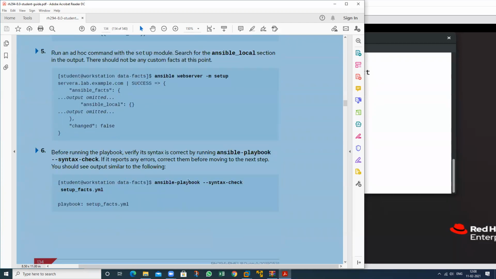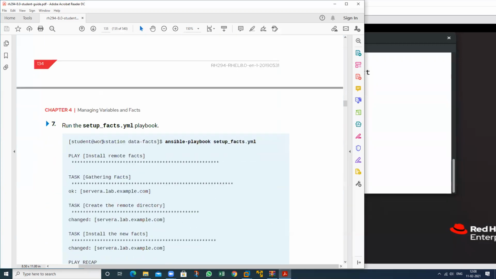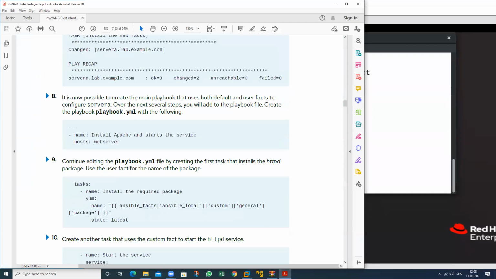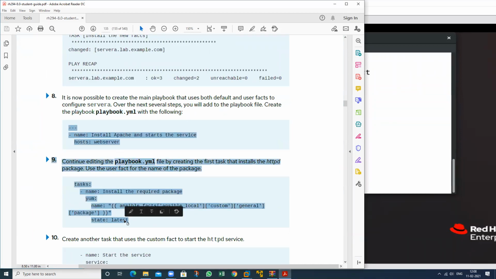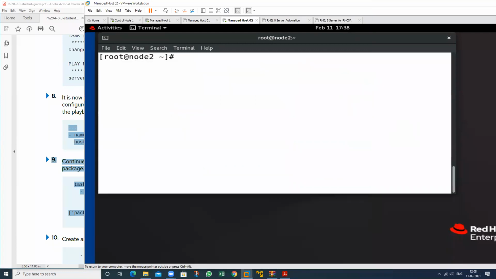And now which command do we use? Create a new playbook and use this whole thing. I will take two or three minutes, and this whole exercise will be complete. So just create another file. File name is playbook001.yml.